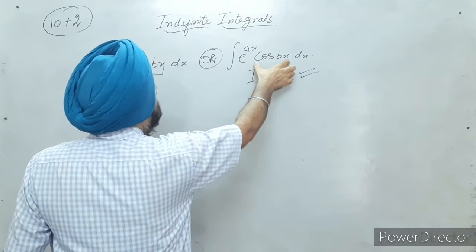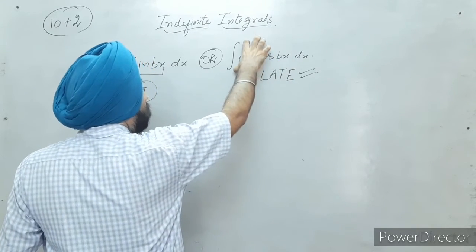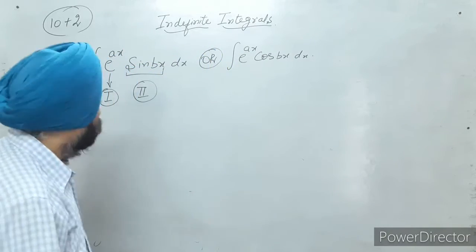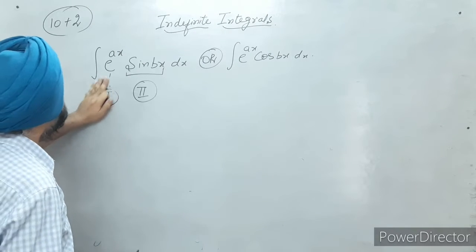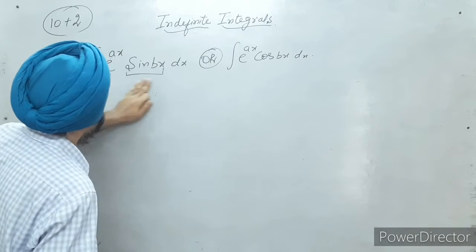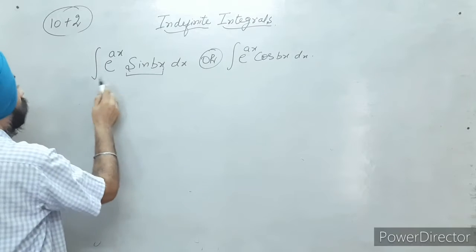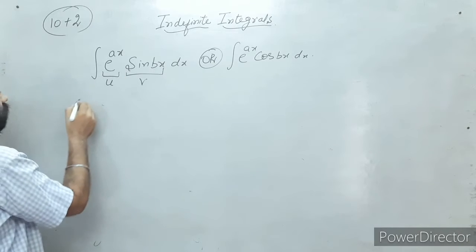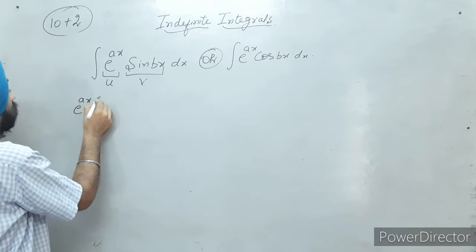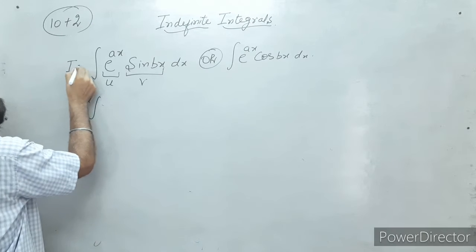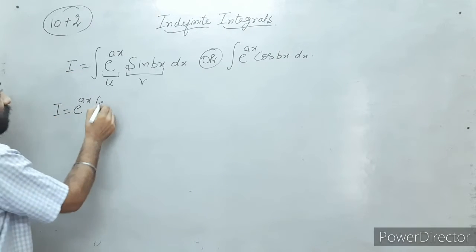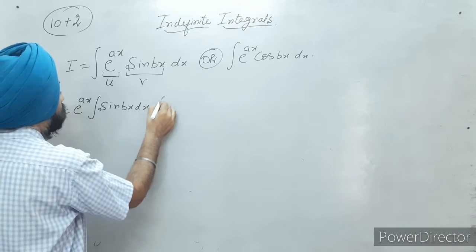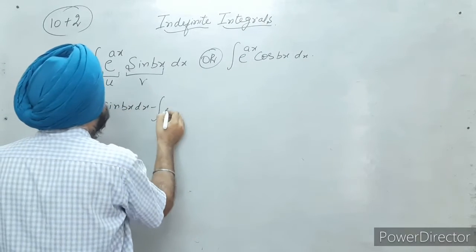According to this rule, this would have been the first, this would have been the second, but it becomes much easier if we don't follow it. Now let me solve it. This is your u, this is your v, this is your first function, or we call it as uv. Now integral of this is first function, integral second. Let me take this as I equals to this becomes first, integral second minus integral differential of first, that is